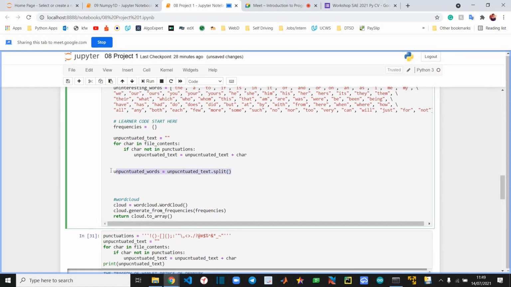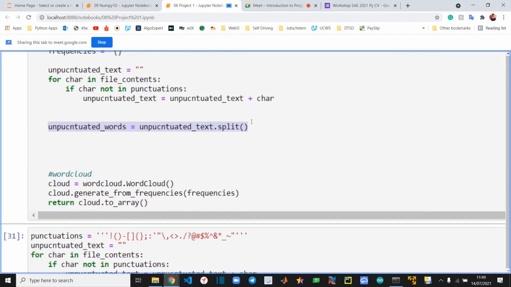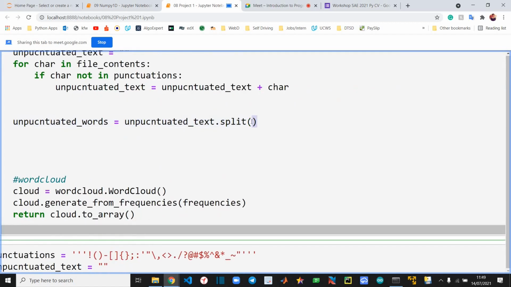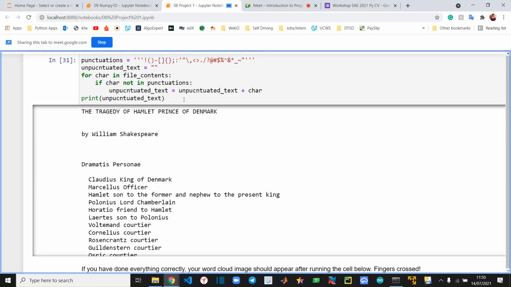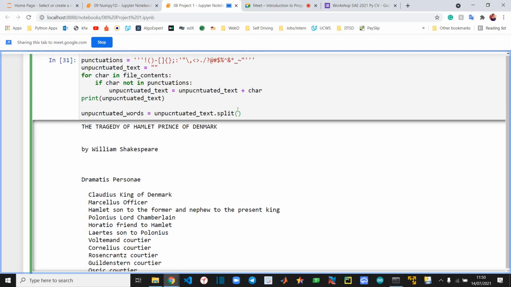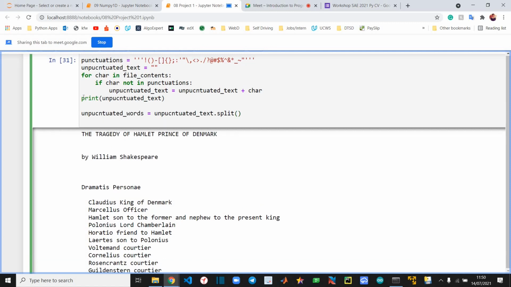You can also specify at which point you want the separation, do you want it on commas or something like this? In this case we want to do it on spaces. You can see there are spaces separating this.